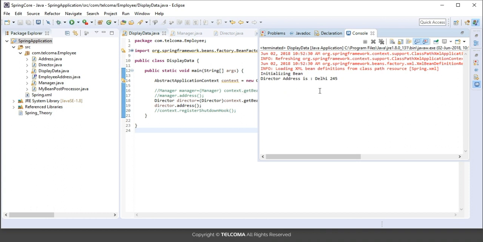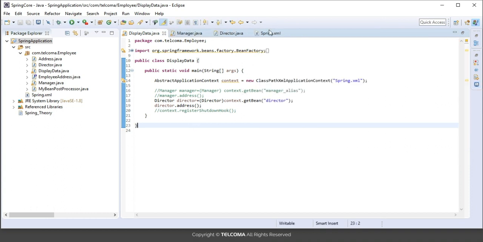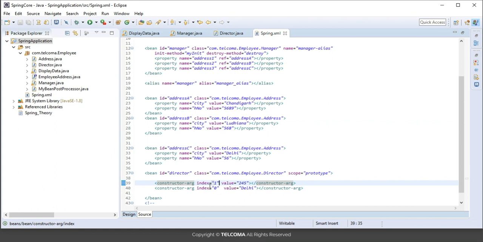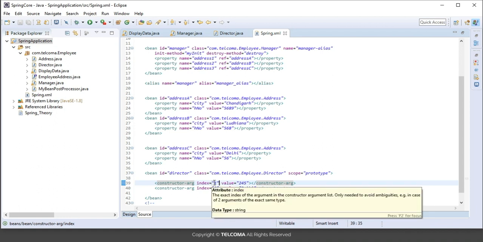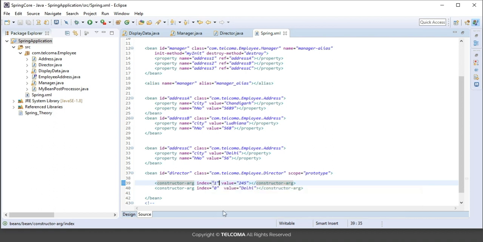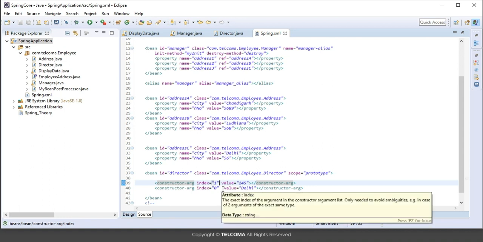Yes, we are getting it. So the constructor ambiguity is being removed by the index attribute. The second way we have to remove this ambiguity is the type attribute. It actually lets you specify exactly what type each constructor argument is supposed to be so that Spring can make a decision as to which argument goes where. What I mean by this is,